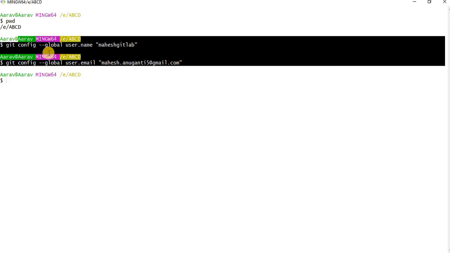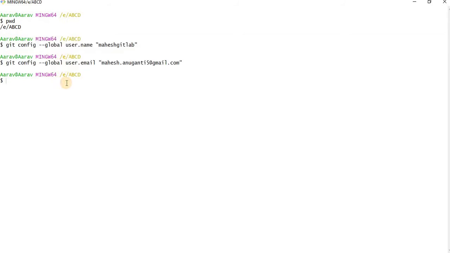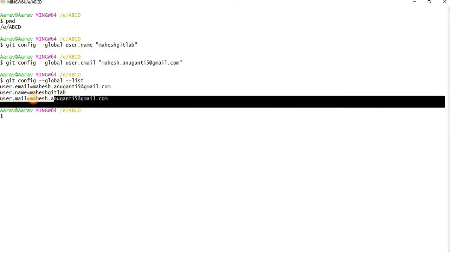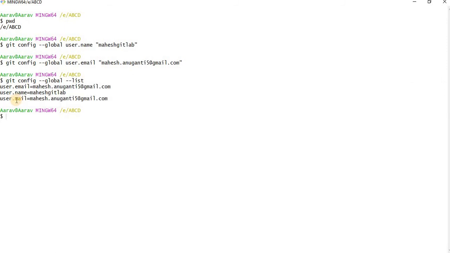If you want to see the global configuration list, you can simply run git config --global --list, enter. See, somewhere before this I had given a wrong command, so it has taken it.